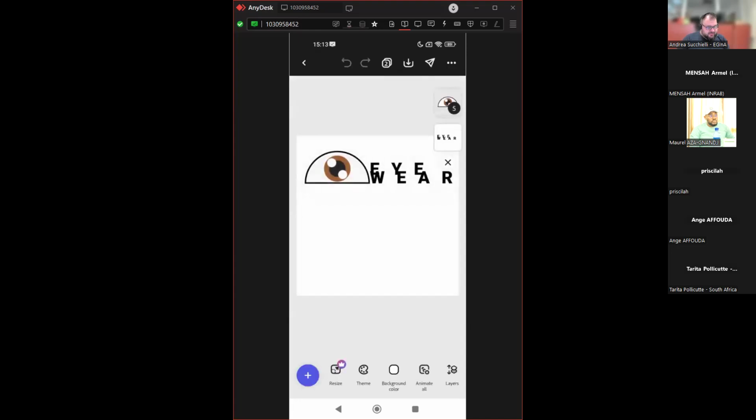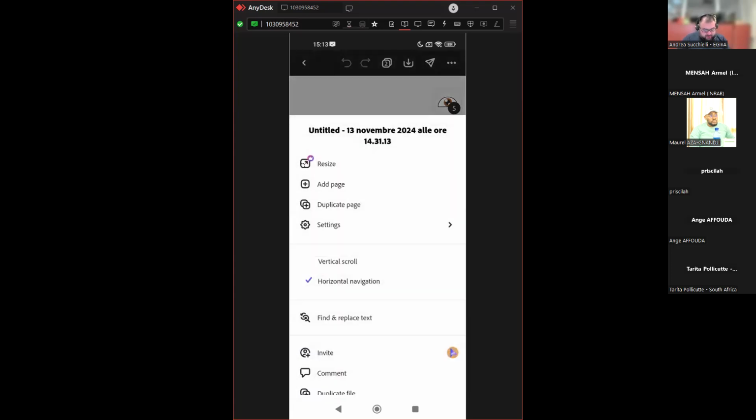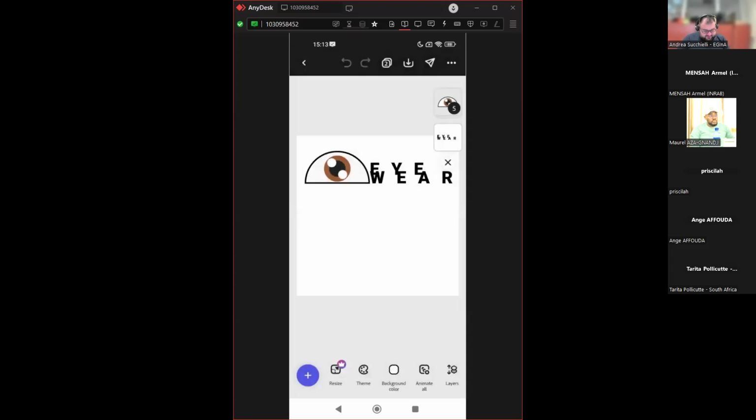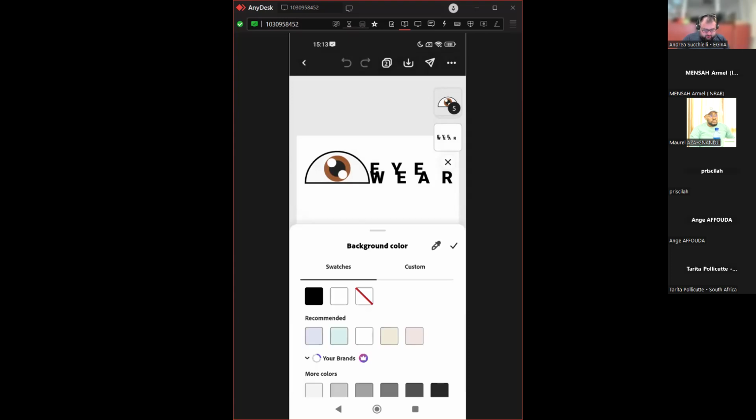You can see that basically the things are the same. It changes a little bit in the setup, because we are on mobile. Here we can add pages, duplicate pages, and change the settings of the canvas. One thing that I forgot to mention before, and it's the same thing that you can see on the computer app, is that you can choose the background color